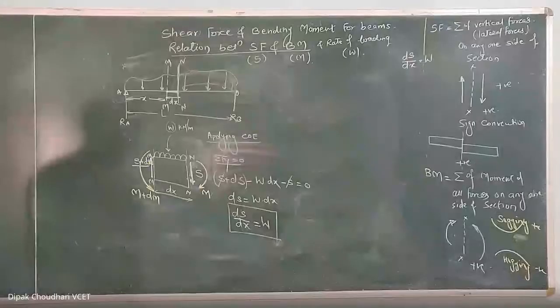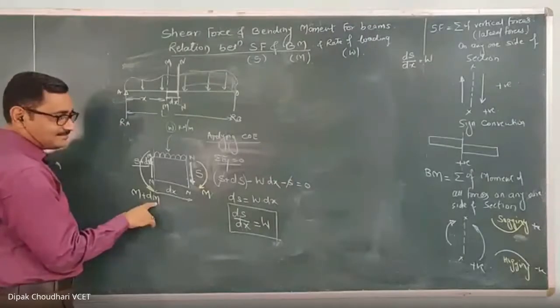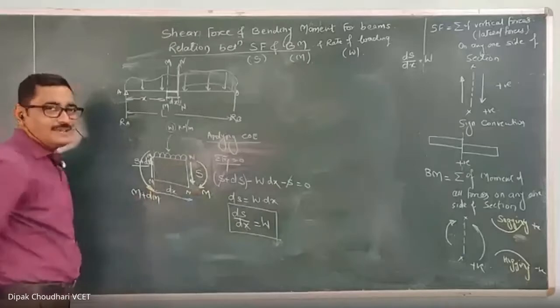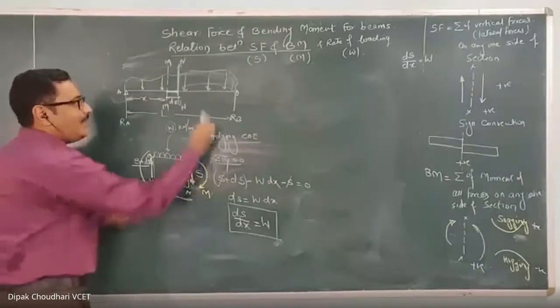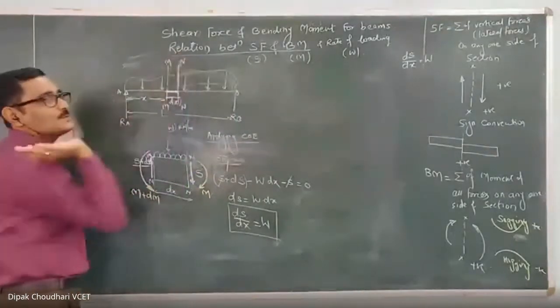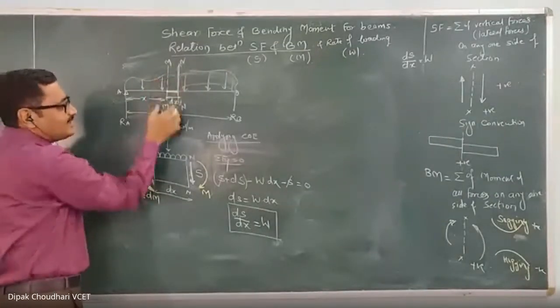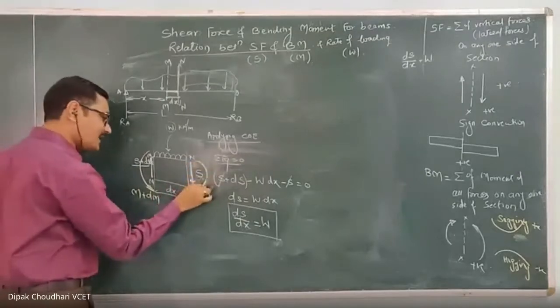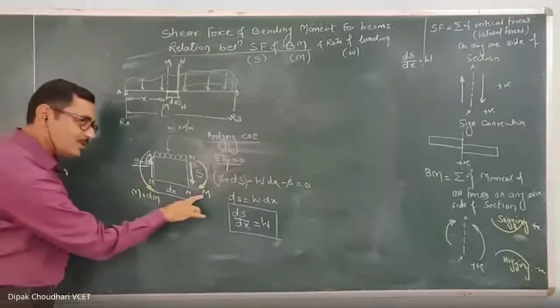Okay. So can you please explain that moment which we took in that block, M and M plus dM? Okay. Listen, at this section when bending moment is induced here, let that bending moment be M. How can you get this bending moment? By considering the algebraic summation of the moment of all these forces. But I have considered only this much part, so I am showing the forces and moment acting on this part. So let this moment be M. Is that clear about this M?